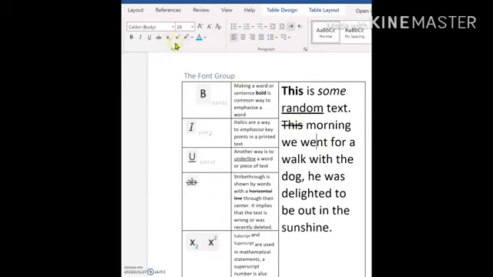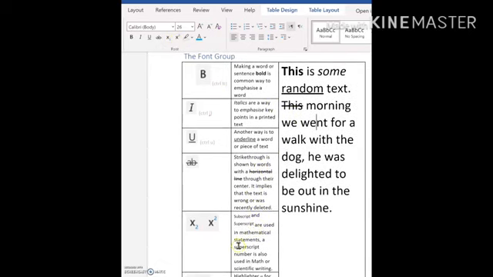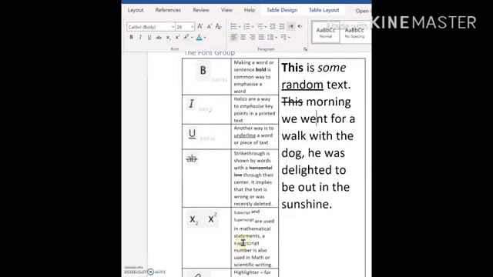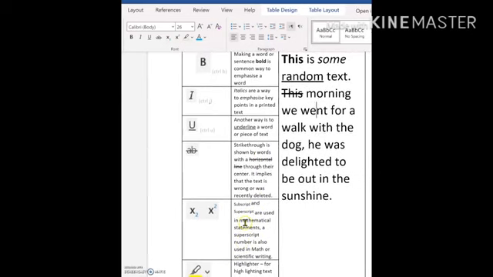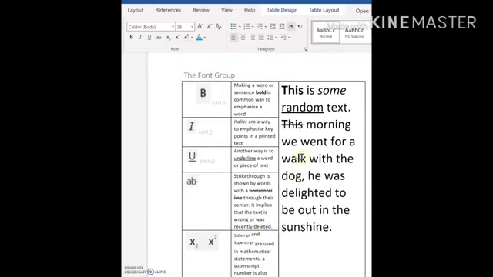All right, the next two are superscript and subscript. Wrong way around. Subscript and superscript. Not used that often, usually used in mathematical statements, maths or scientific writing or chemical writing. I'll show you a little one in a minute. But just to show you how it works, I'm going to choose two separate words here. I'm going to choose the word we and for. So I'm going to double click it to select it, and